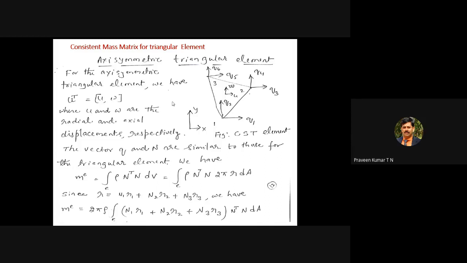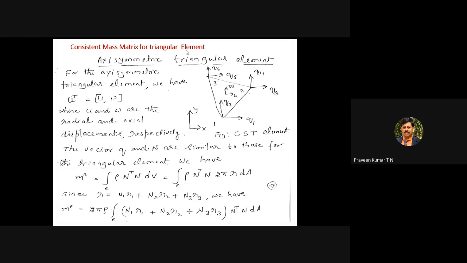Then, you have to imagine the axis somewhere here at the center. You are rotating a complete triangle. Once you rotate, you will get some shape. You have studied different types of patterns used in foundry. There is also an axisymmetric pattern. We can generate cylindrical molds by using this special type of pattern. So now the volume is given by 2 pi r into dA. That is the one difference.